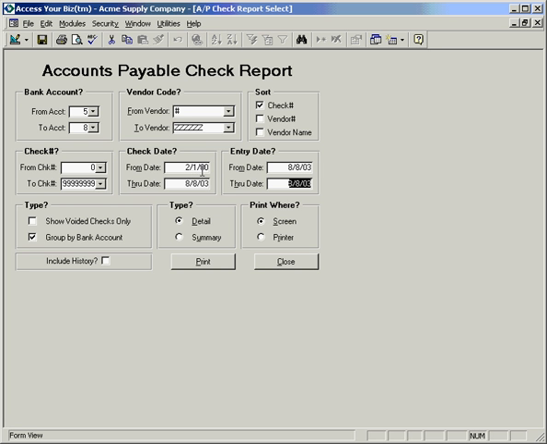On the other hand, if you're looking for checks posted within a certain date range, when you change the date range for the check date, notice that the entry date also changes as well, so that you can make sure that you don't miss some of your checks just because you changed the check date range. I'm going to put this back to an older date so we can get lots of